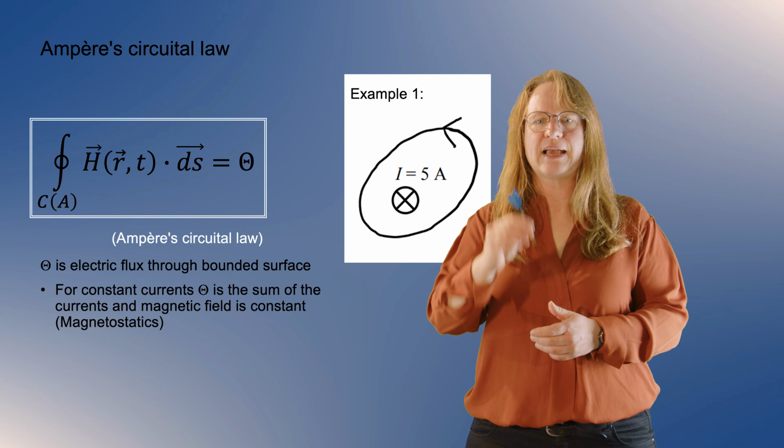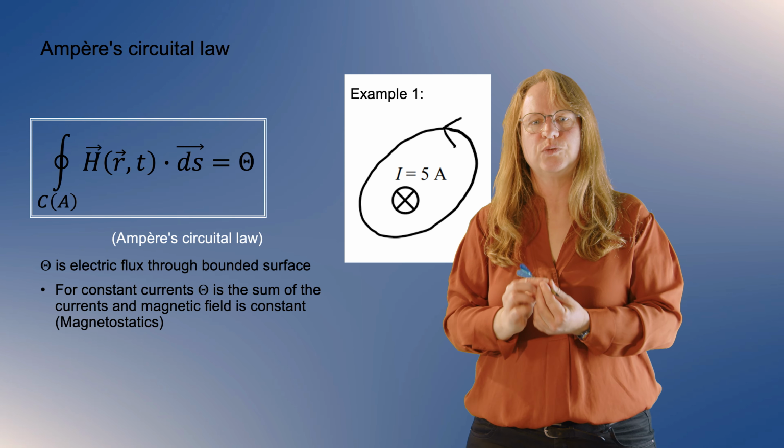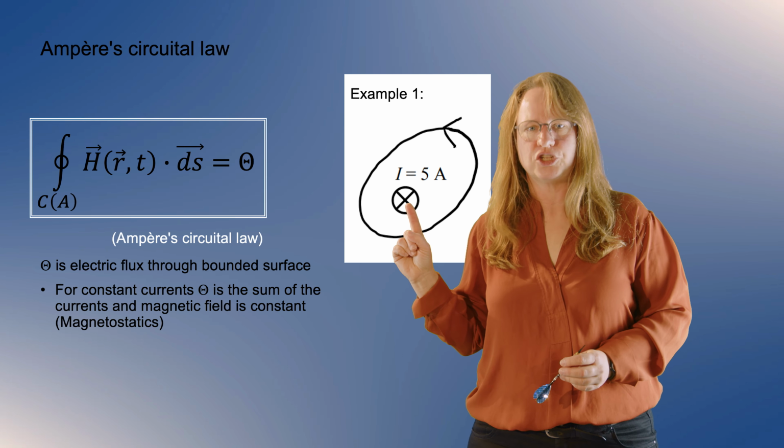If a current is coming out of the page, then you see the tip, and this would just be indicated with a dot in here. So this notation, a cross or a dot in a circle, means that the current is going orthogonally to the plane of the surface, coming out of the surface or going into the surface, as in this case here. So here the current is going into the surface,